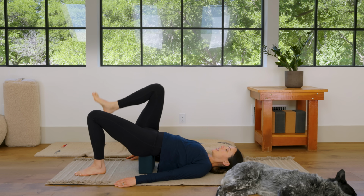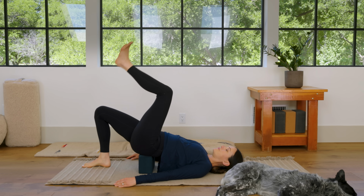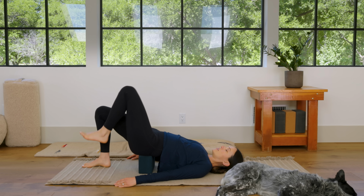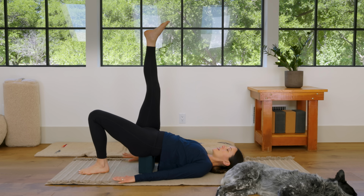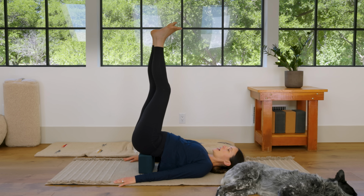And then lower that leg down. Switch. Left leg reaches up high. And switch. Right leg reaches up high. This time, keep the right leg up here. Use your hands on the ground for some stability, and we'll slowly bring the left leg up to join for